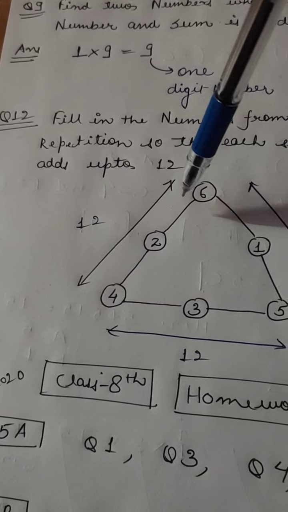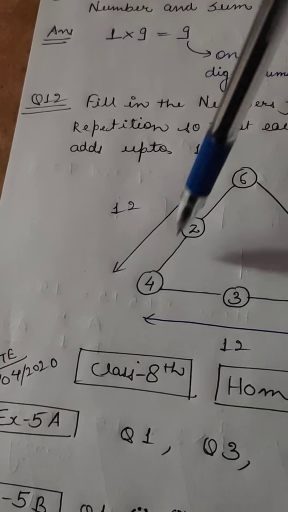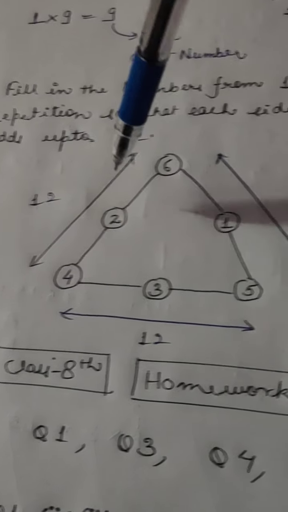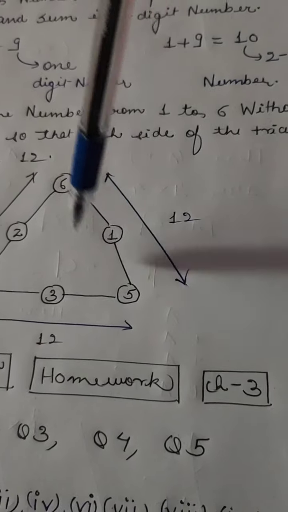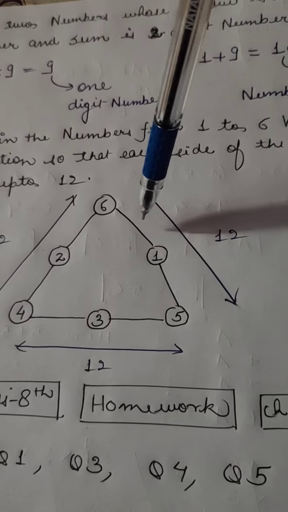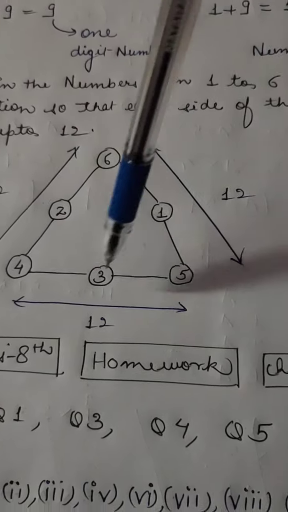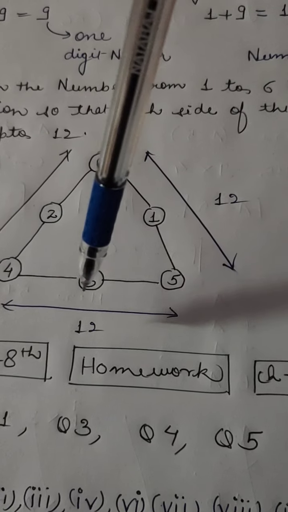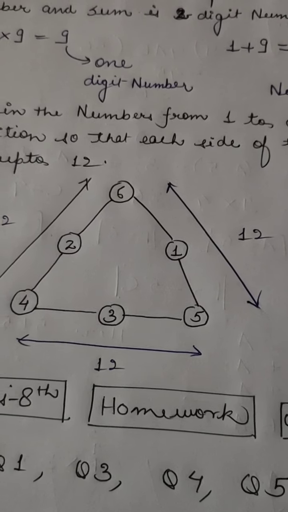रिजल्ट आना चाहिए 12। तो यहाँ पे I have filled 6, 2 and 4, 6 + 2 8, 8 + 4 12। और ये जो नंबर्स होने चाहिए रिपीट नहीं होने चाहिए, मतलब हर एक साइड में डिफरेंट नंबर्स होने चाहिए। यहाँ पे 6, 1 एंड 5, 6, 5, 11, 11 और 1 12। इधर 4, 5 and 3, it is also resulting in 12. So hence this is the completion of exercise 5C.